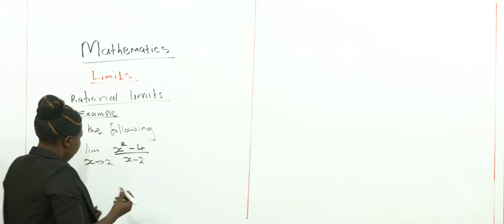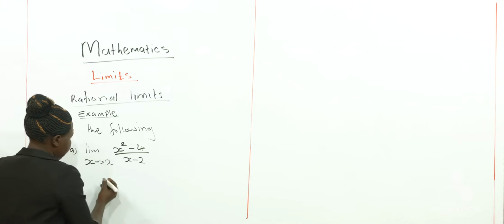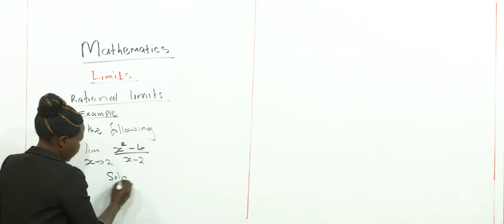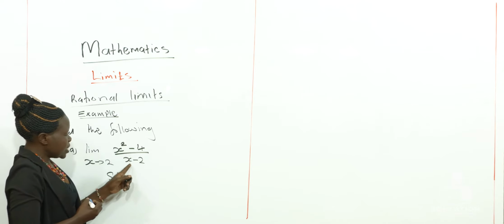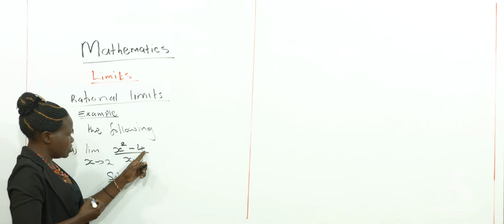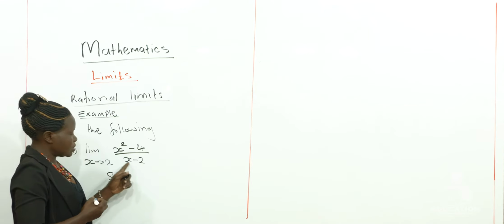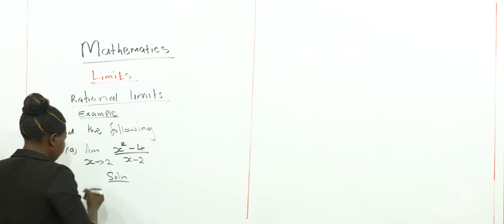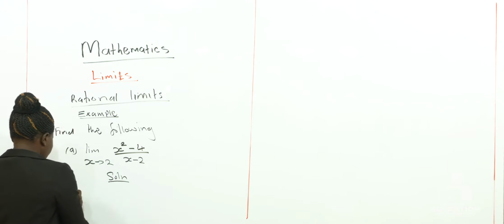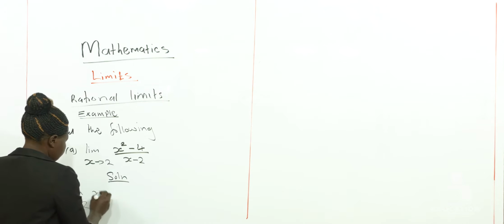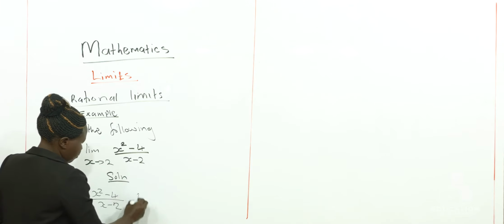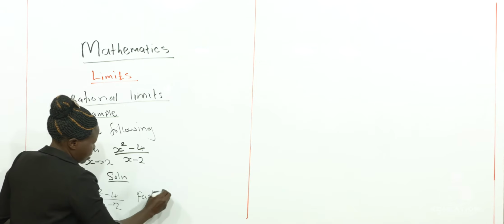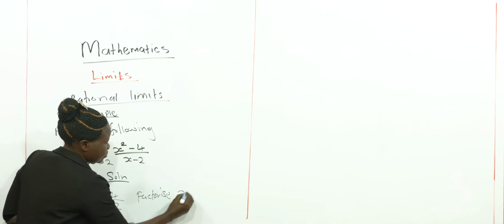Now what do you do for this case? We said we have to factorize the numerator. And by the way, when we are factorizing the numerator, one of the factors you get must be the same as the one in the denominator. So we say lim as x approaches 2 of (x squared minus 4) over (x minus 2). You only factorize the numerator, that is x